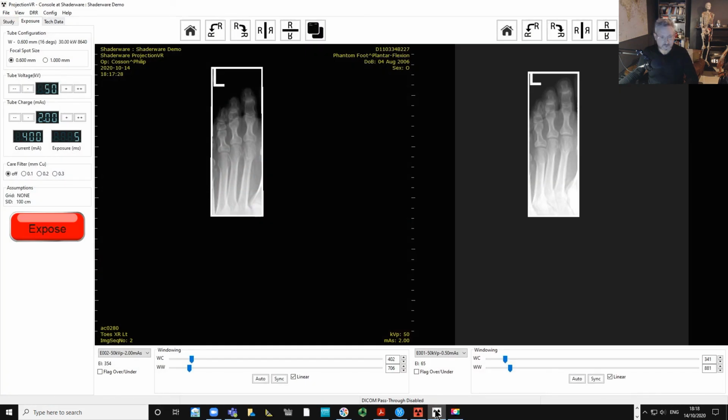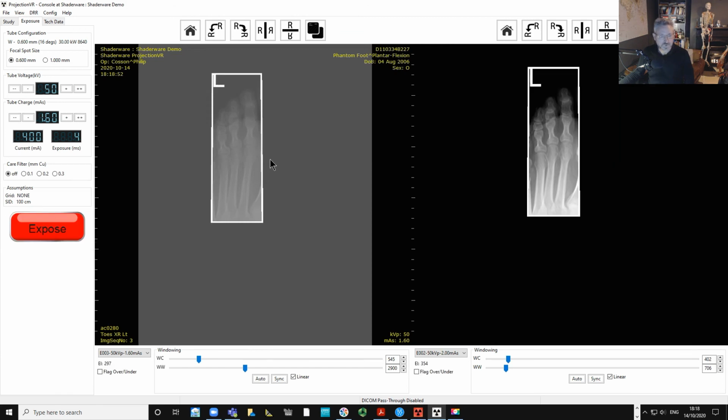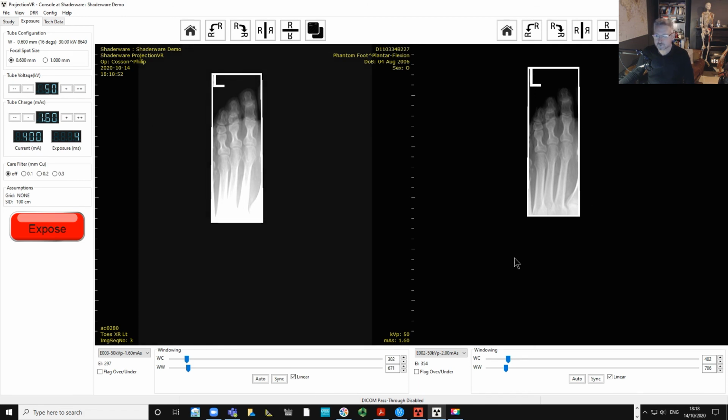And so I'll drop that to 1.6 to see, bring close up exposure there, and if I bring that to comparison